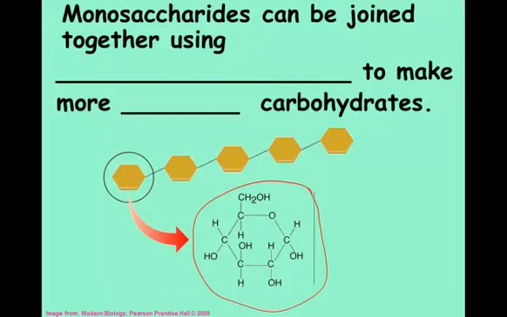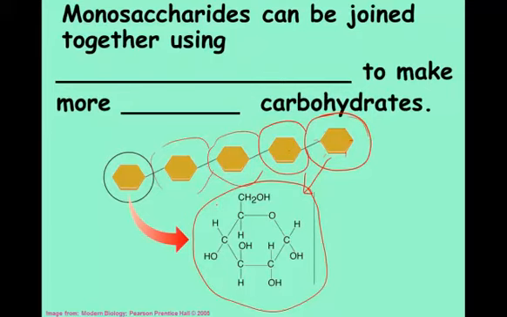Sometimes I just want to know the shape of the molecule. So what this little picture is showing you is that this glucose molecule, this hexagon here, is a glucose molecule. And in this case, we're just looking at the shape of the molecule. This has carbons here and hydrogens and oxygens attached to the ring, but we're not really looking at those individual atoms. We just want to see the overall shape. So if I take this glucose and I hook it together with another glucose, another glucose, another glucose, I can make a really big